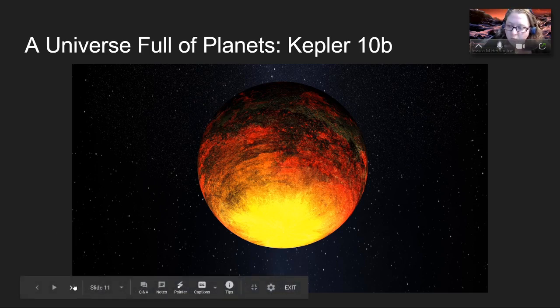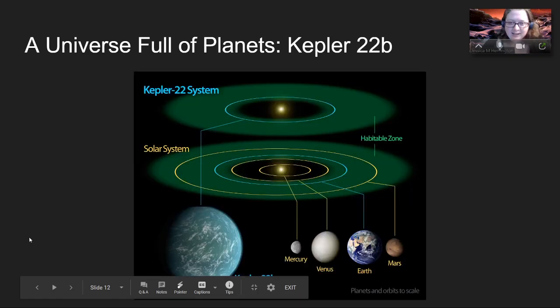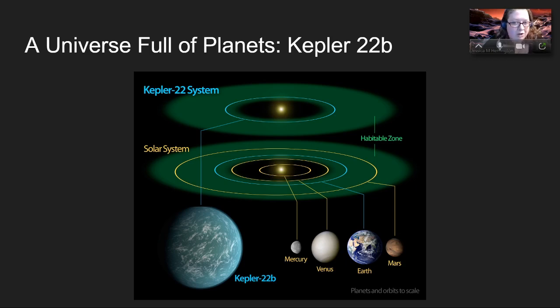So we've had our world of fire and ice. Our next exoplanet, Kepler 22b, is a possible water world, a world that's really just a giant ocean. Now, we're not 100% sure that this is a water world, but the size and mass do make it very likely. And what's super cool about this one is not only is it a water world, but it's also within the habitable zone. It's within Earth-like temperatures, which means we could have a water world with life,